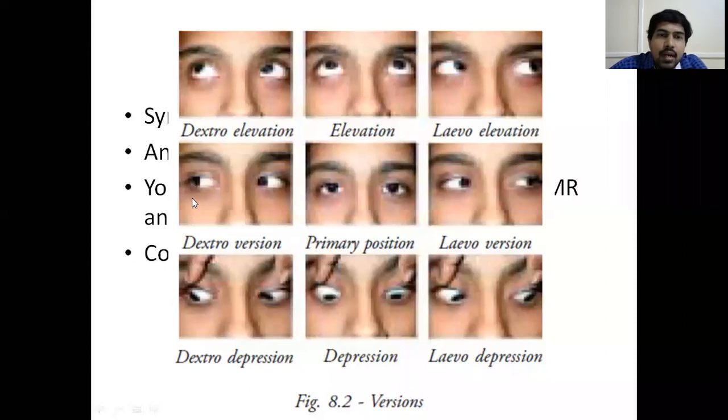So what are the contralateral antagonists? The right lateral rectus and the left lateral rectus. They will become the contralateral antagonists because they cause opposite direction of movements. Hope you all understood. So yoke muscles are two muscles, one in each eye, one in the right eye and one in the left eye, which cause the same direction of movement. For example, in dextroversion, both eyes have to look towards the right side. So the right lateral rectus contracts and the left medial rectus contracts so that both eyes look towards the right side. So these are called yoke muscles.